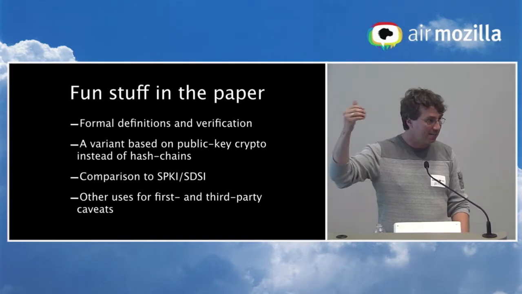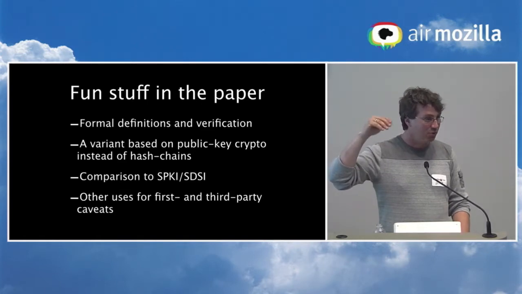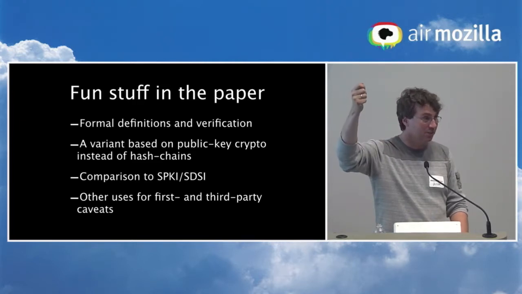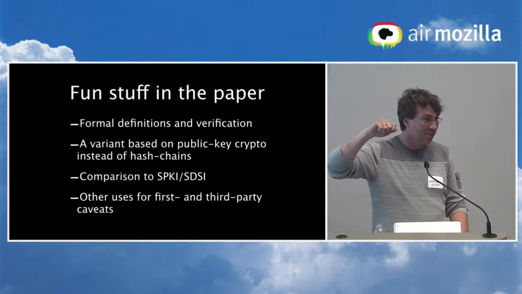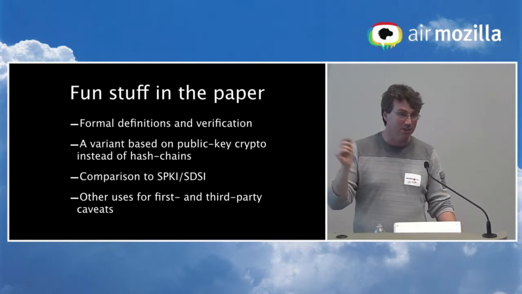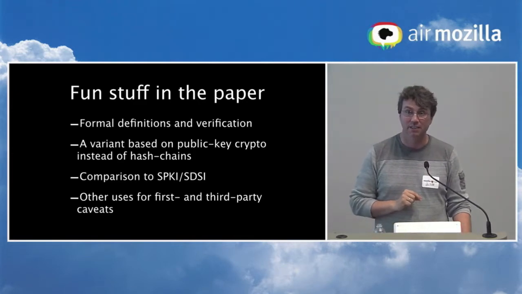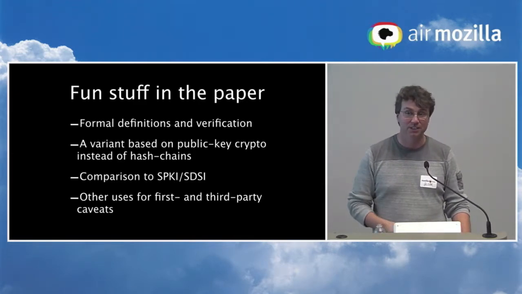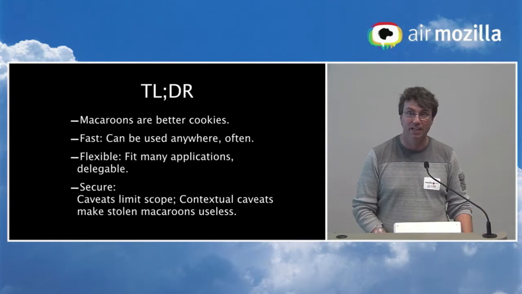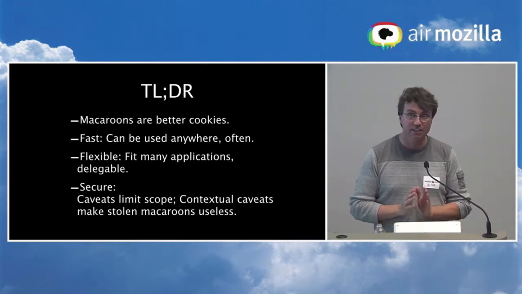Google can then delegate back to something that's held by its login frame, by an iframe, that is a symmetric key. So the public key operation needs only be done once, really, every 2 hours or every 21 days, and the symmetric key operations can be done on a per-second basis. So there are also comparisons to SPKI, SDSI, and various other uses of first-party and third-party caveats. So, in a short summary,